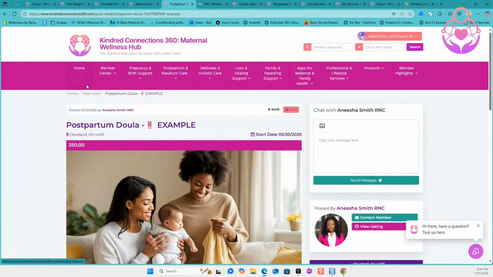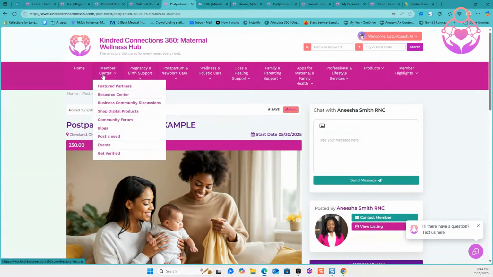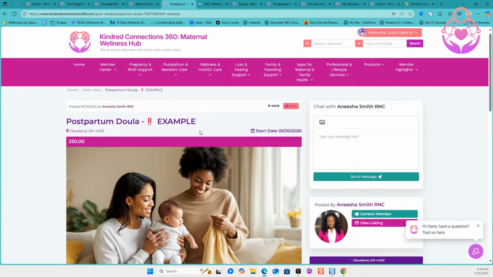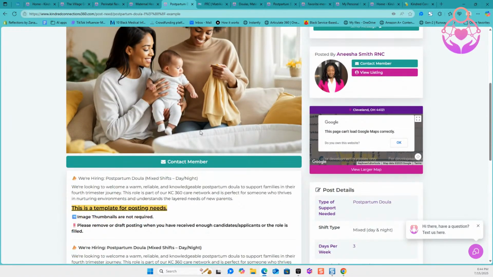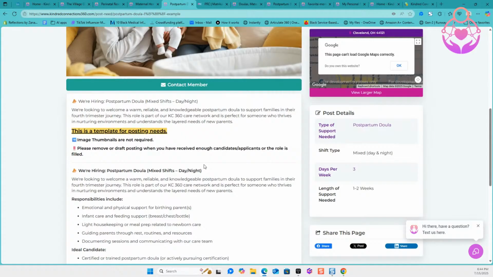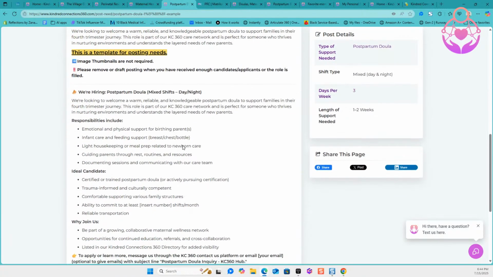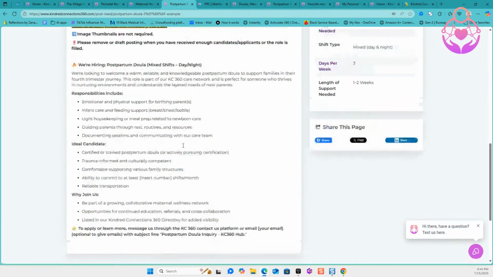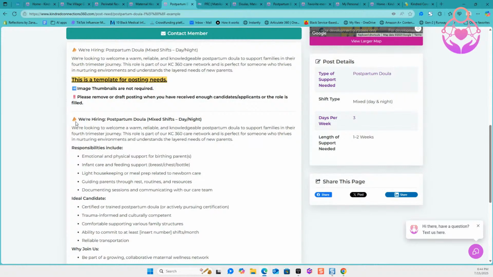Now, the great thing about posting needs is that you can be anybody that is signed on to post your need. You could be mom or family. You can be a business owner that is looking, even to have family, like, hey, I'm available. I'm looking for business in this month of the year. I'm slowing down. I might be looking for a family that needs this type of service. And you can put it out there, and as long as you keep up your listing and your posting, you can post. So I gave you a really great example here of what we want to see to keep up